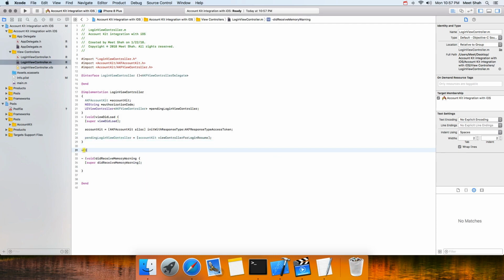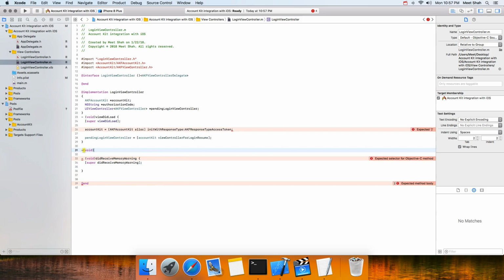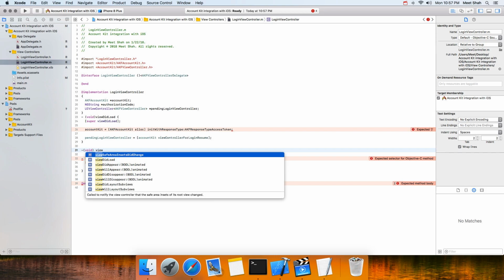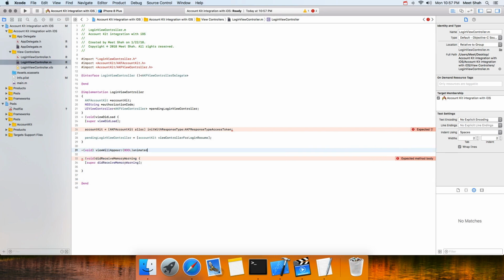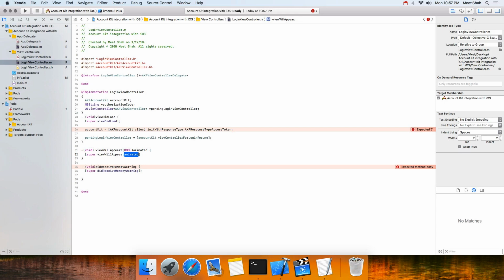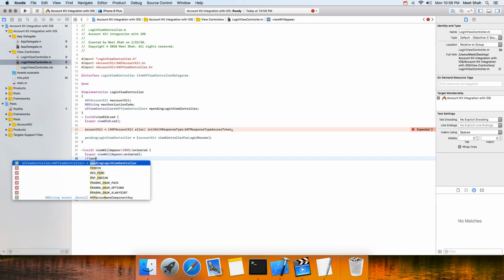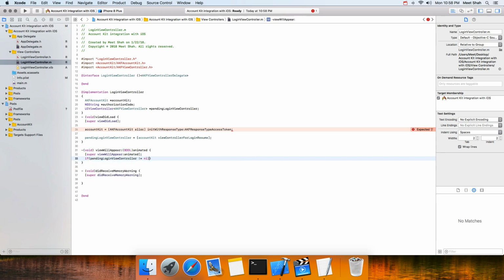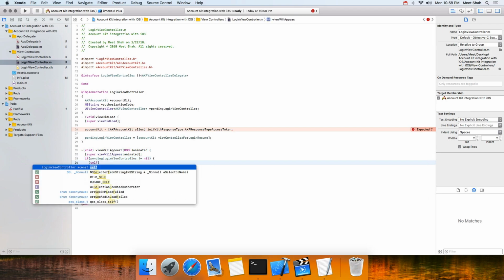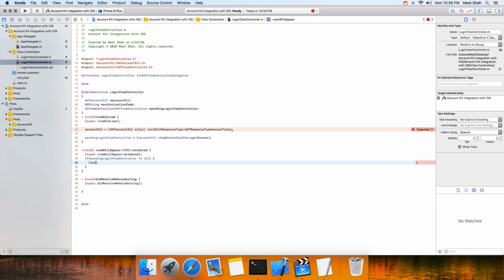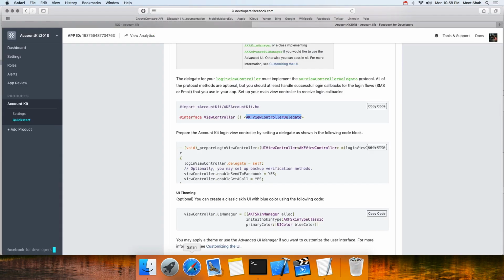Now we want to implement another method, viewWillAppear, and call super viewWillAppear animated. Then what we want to do is, if our pending view controller is not equal to nil, then we'll do self. So before you do this, if you go back to the documentation,